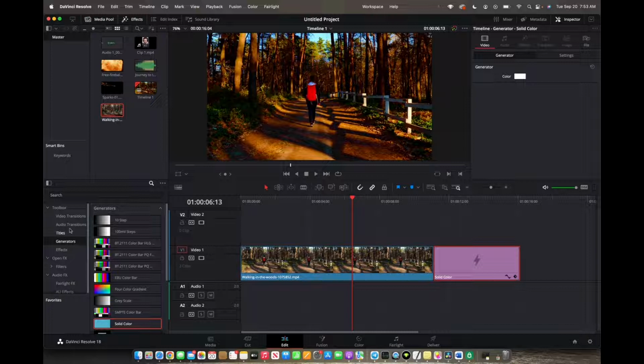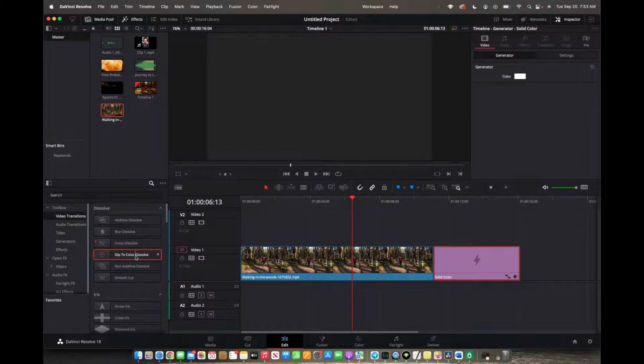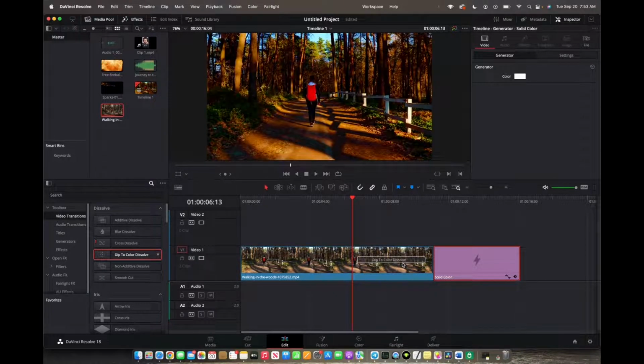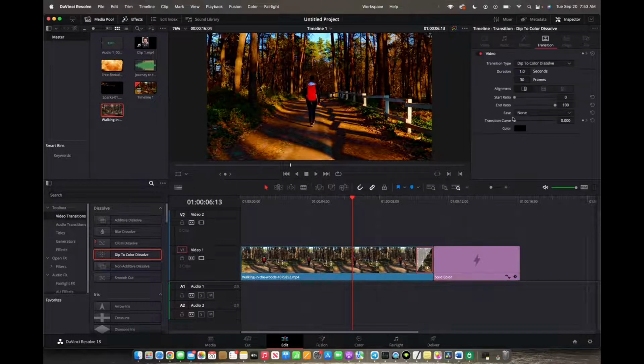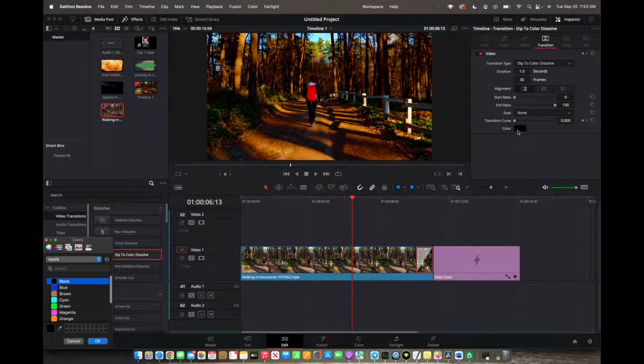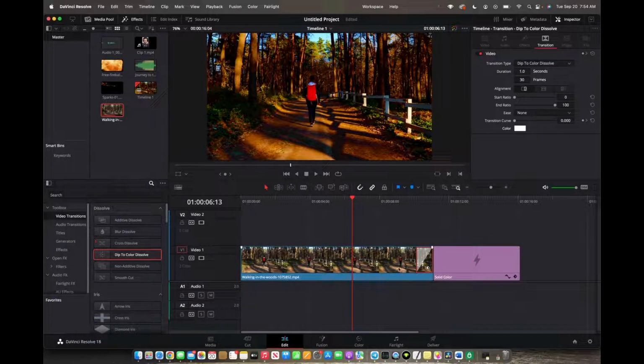Now what you're going to want to do is go back to your effects control panel, click on video transitions, and then click on dip to color dissolve. Drag it all the way down to your video. You could leave it here or you can leave it in between. I like to leave it right here. And now we're going to click on it and make sure that our color is also white. So we're going to scroll down to the bottom left, click on white, press OK, and now you have successfully